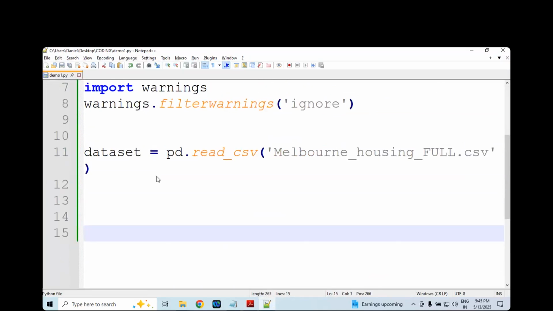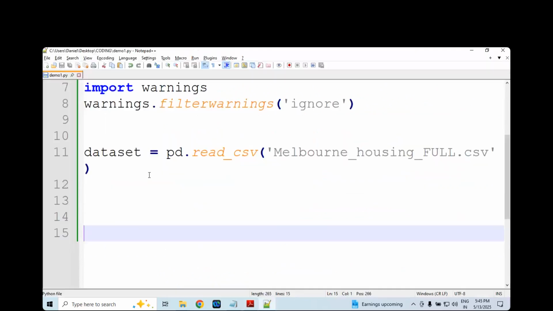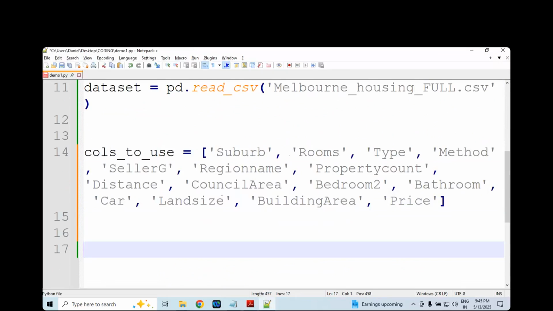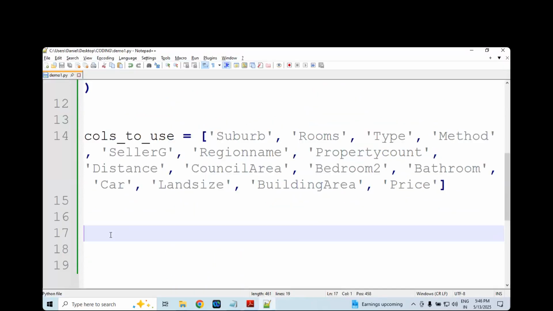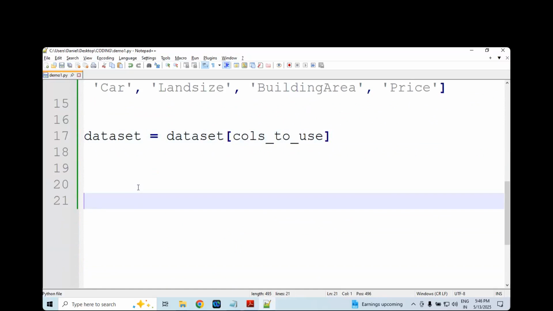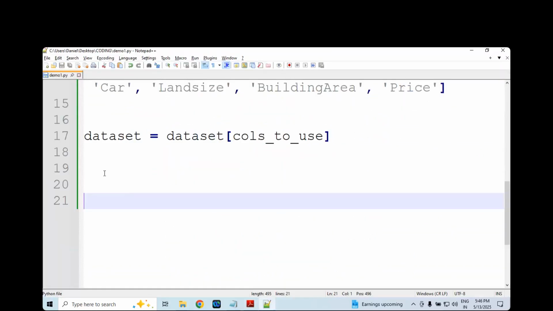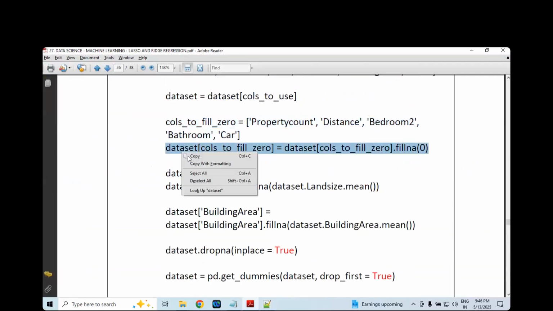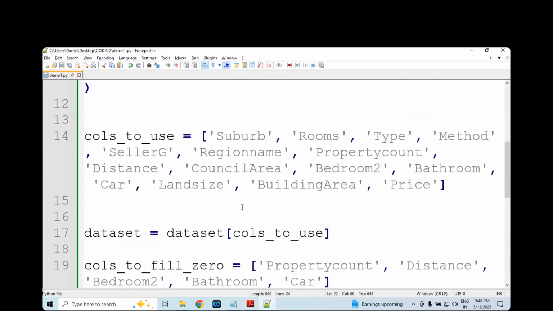We are preparing the data. I'm sure you know what I'm doing. Loading the data set. These are all required columns.